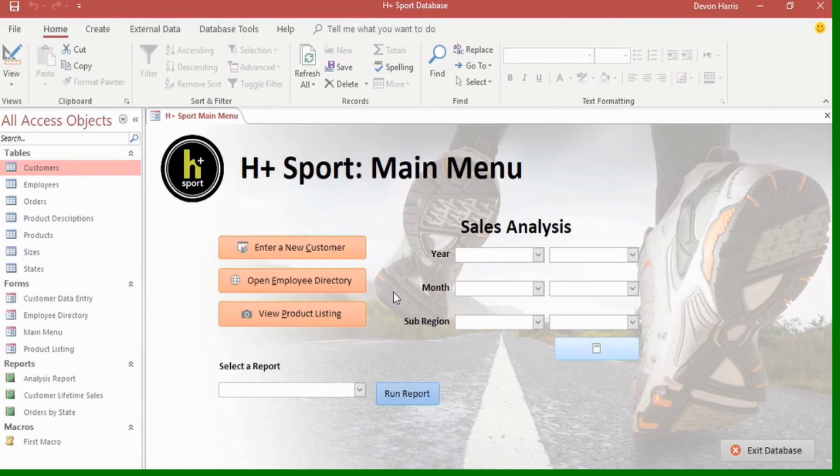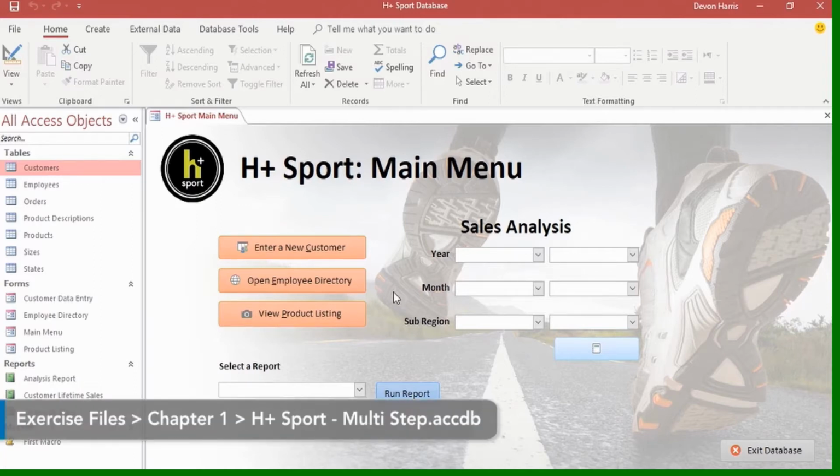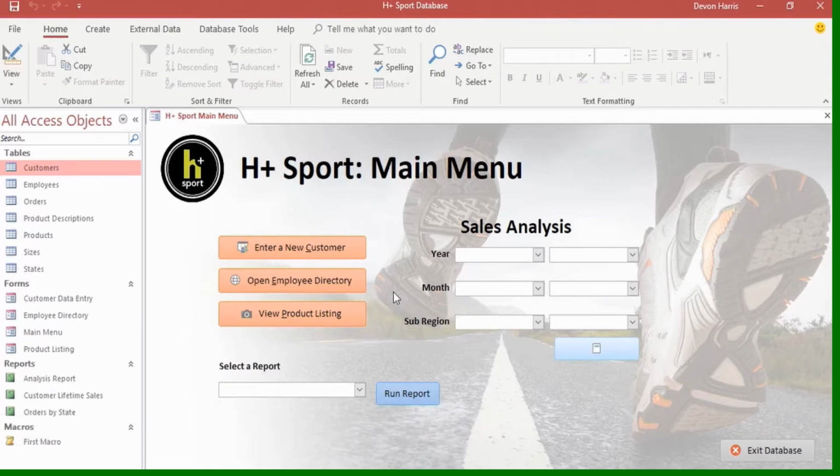Macro objects allow you to create a series of actions that you'd like to automate. When the macro is triggered, Access runs through the steps and performs the tasks for you. There's lots of different uses for macros in your database, and the benefit of using them is that every time they're triggered, the macro will perform the exact same steps in the exact same order, regardless of what user initiated the process. This makes them invaluable in ensuring that different users will get the same results, especially on more